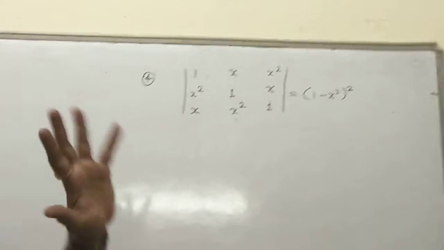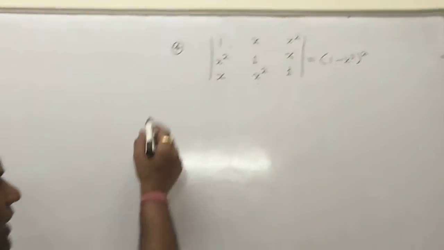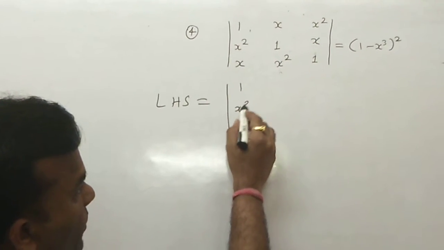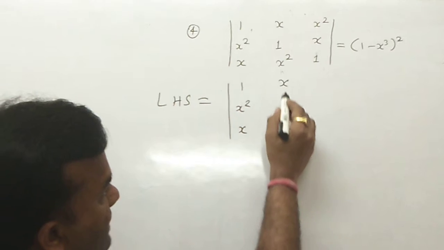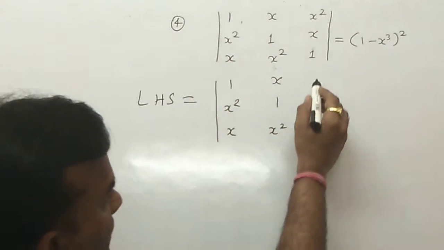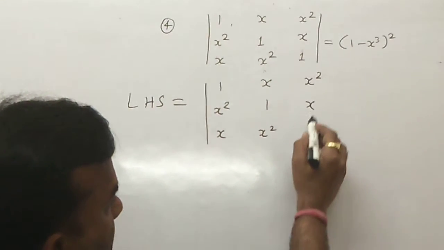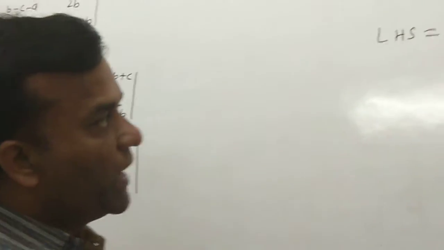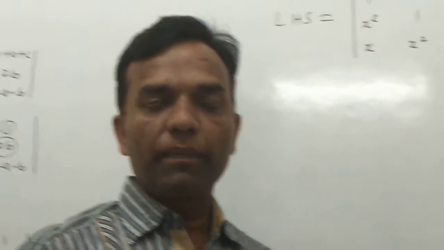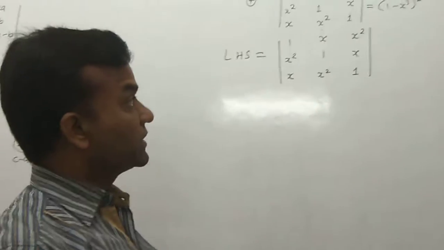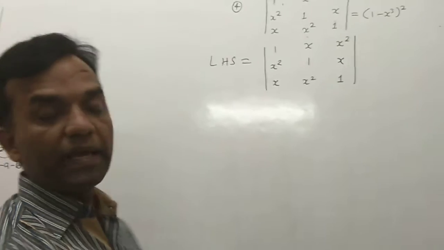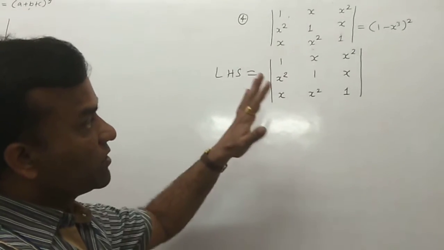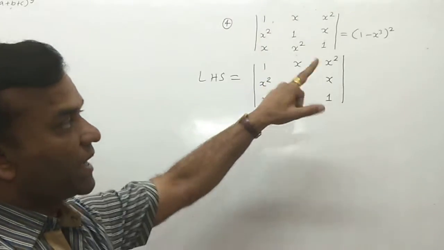So now both operations are possible. So you write down the LHS part. First you write down as it is: 1, x square, x, x, 1 and x square, x and 1. Okay, here also both operations are possible. You may apply a row operation or a column operation and you get your result. But you multiply some scalar term inside and then operate with row and column, then you get the answer. Because only x square is given and x is given but x cube is not given.